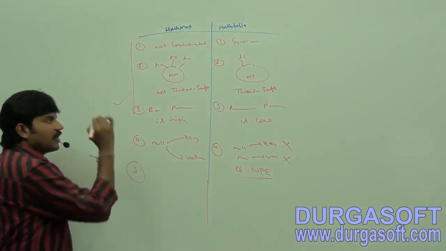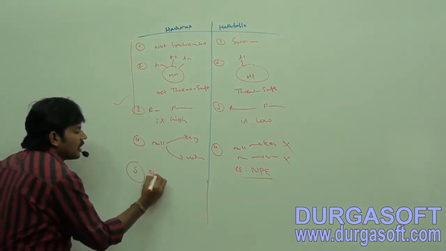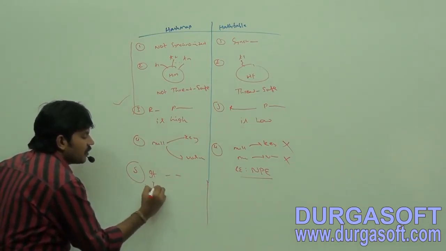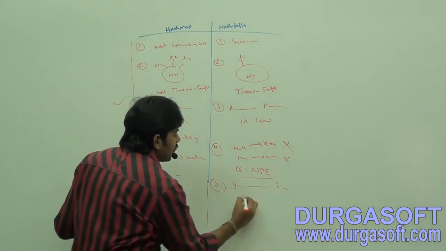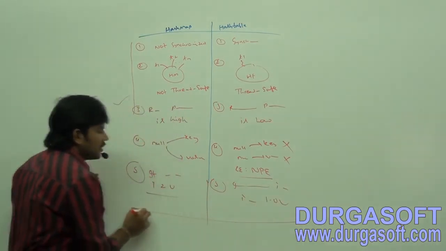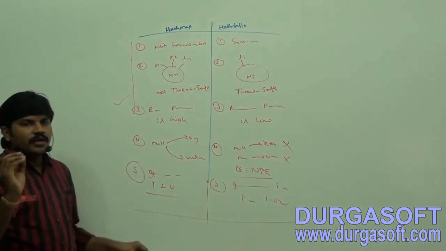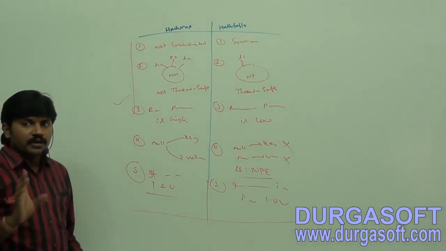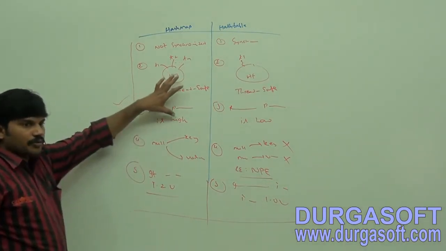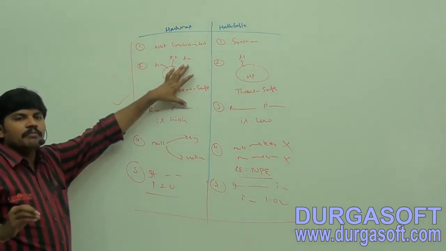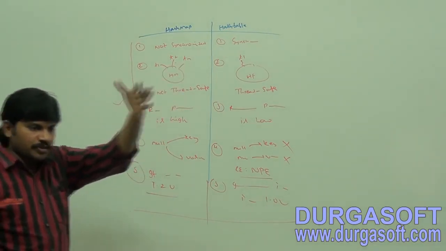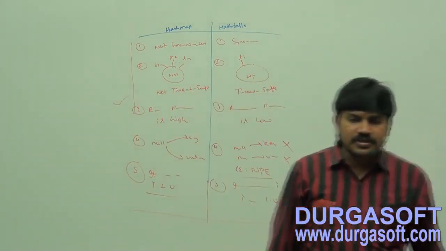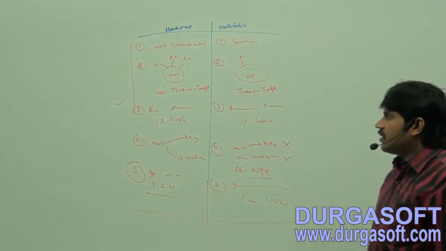Okay, last one: HashMap is not a legacy class, introduced in the 1.2 version. But Hashtable is a legacy class, introduced in the 1.0 version, right? That's all. These are the 5 differences you people should be aware of. There is a chance they may ask in the interview room. Very important question for the interview room: what is the difference between HashMap and Hashtable? At first point, you have to take the table first, and then add the first one.